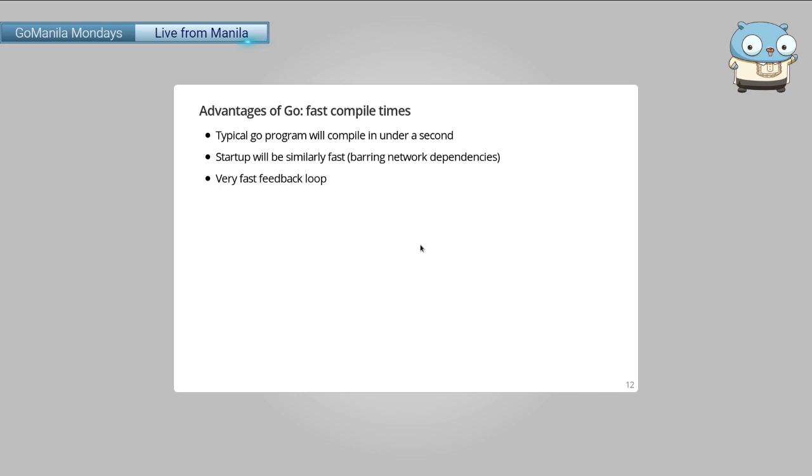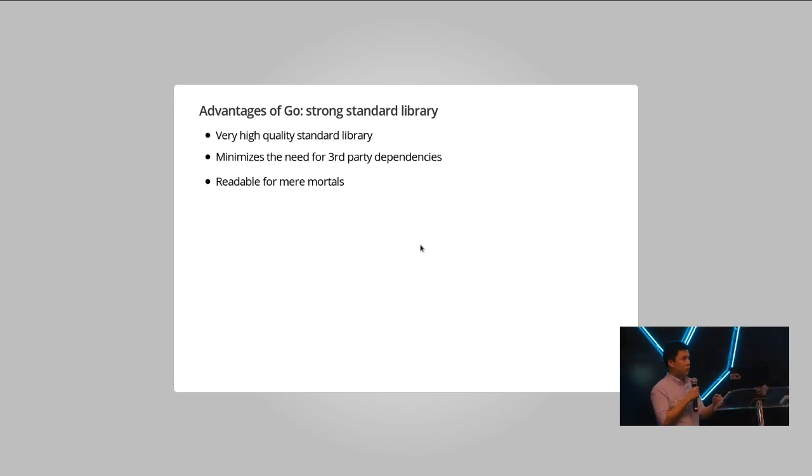Another thing I didn't mention is that the standard library includes a production grade HTTP server. For Django, you need something like Unicorn. For Rails, there's Passenger, if I remember correctly, or Puma, things like that. But with Go, it comes out of the box.